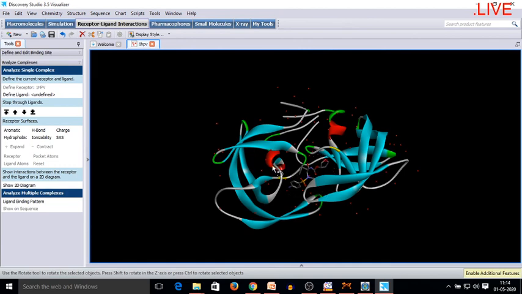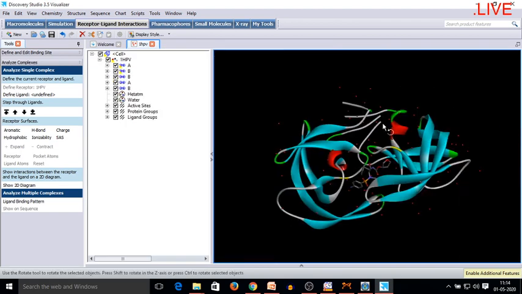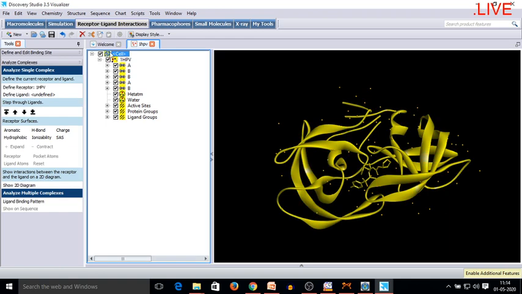So what I have to do is press Ctrl plus H. I repeat, we have to press Ctrl plus H. As I press Ctrl plus H, it opens the hierarchy of this complete receptor. Here you can see that as I select the complete cell, all the molecules are selected, but if I select only this ligand group, only the ligand group is selected and the other receptor parts are deselected.